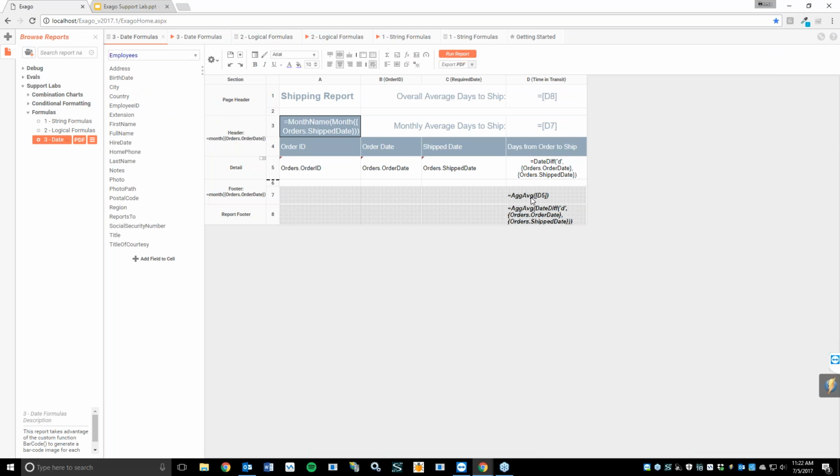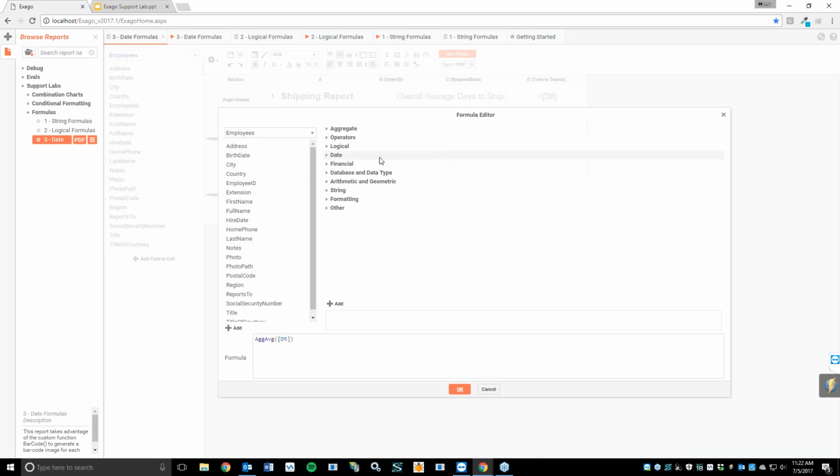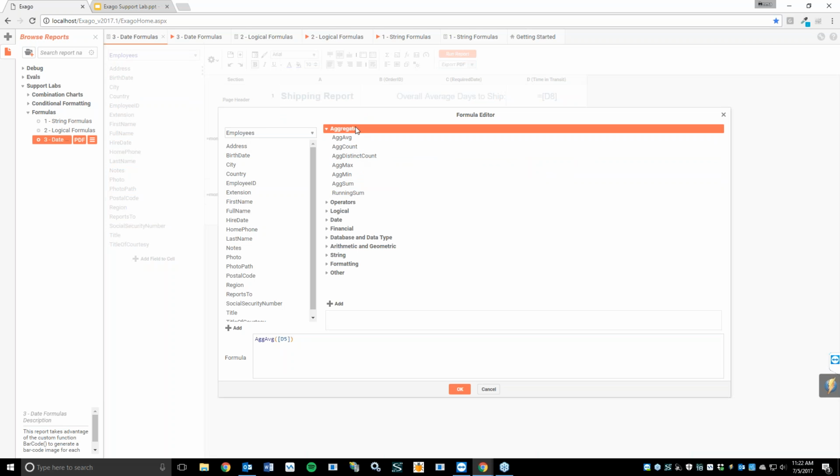So what we can do is simply use our aggregate average function found in the aggregate section. Ag-avg. I'm not sure how you would pronounce that. I think avg is close enough. And then add in that cell reference. Cell references always have to be between square brackets. That's the important thing to note here,